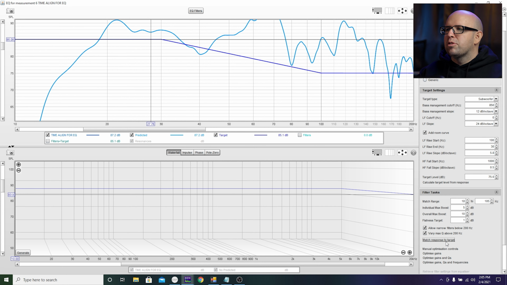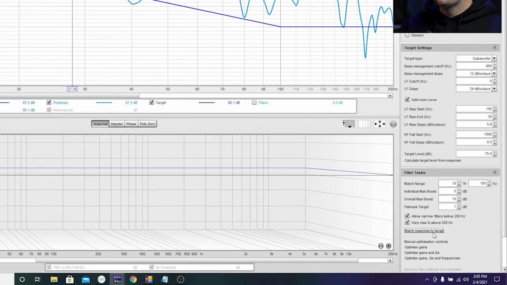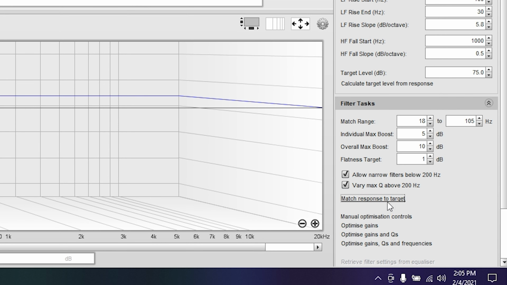So what I didn't mention while recording are the settings I like to use for my filter task settings. The settings here are not the default settings in REW, so you'll have to adjust them to match the ones you see here. These settings also came from one of Home Theater Guru's miniDSP videos. I've had really good results using these settings,